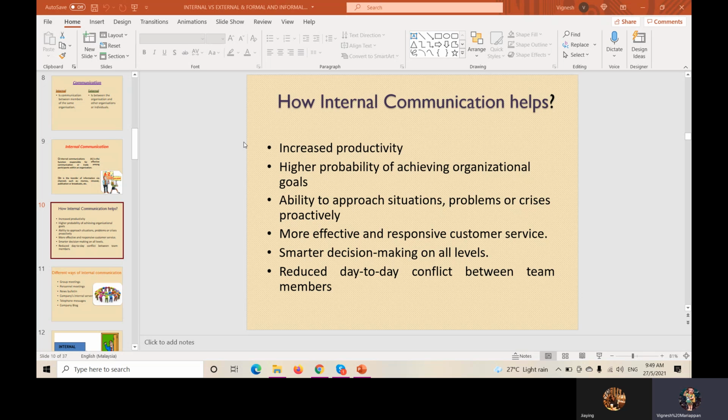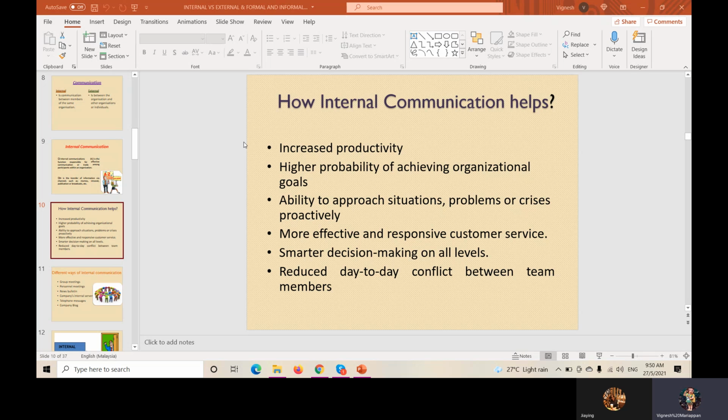And then it will reduce the day-to-day conflict between team members, correct? Also it will reduce the miscommunication among the team members, because you're communicating every day. On the spot, you all communicate, pass the information, give your ideas, your thoughts and everything, so the chances of conflict are very low, correct? I didn't say no conflict will happen, but it will reduce the conflict and the miscommunication. Understand or not? So the chances of conflict are less, because you all can solve things face to face.